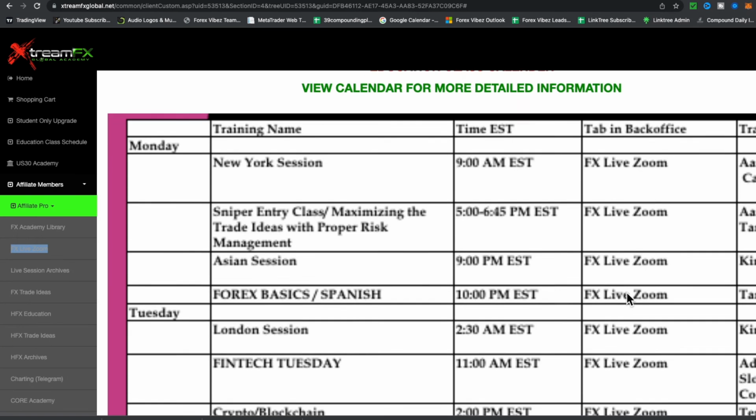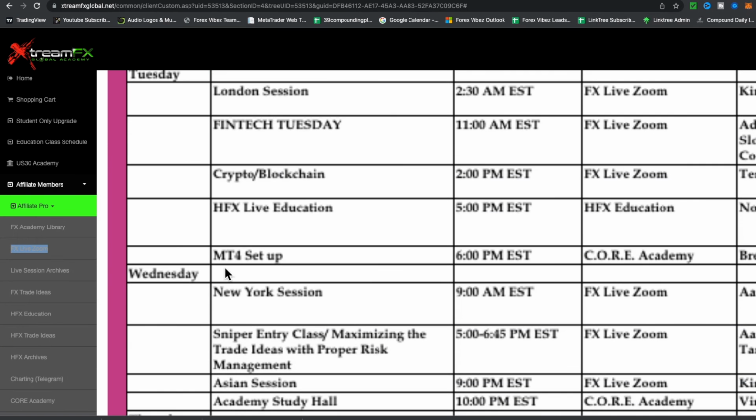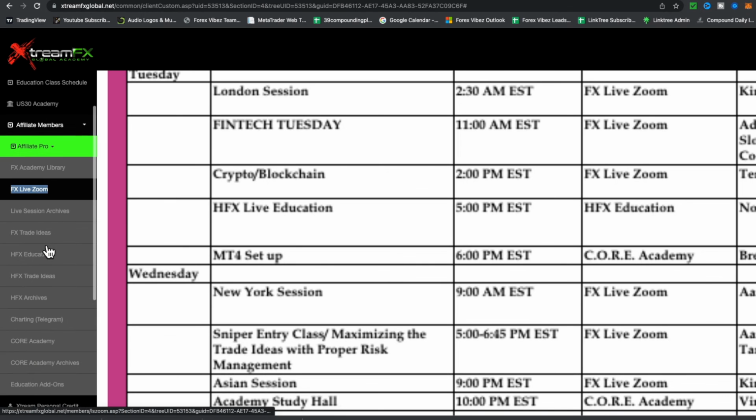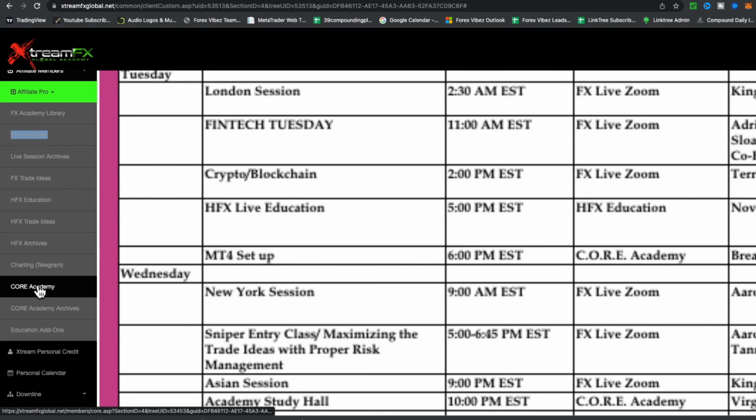Now, say for instance, I scroll down, and this one says for the MT4 setup, it's located in the Core Academy. So how do I get to that? I want to come back over, left-hand side. I want to scroll down now to where it says Core Academy, and I want to click on that, and now I'm able to access my live training. But what if it said HFX Education? So now I want to come right back over to the left-hand side, and I want to click on HFX